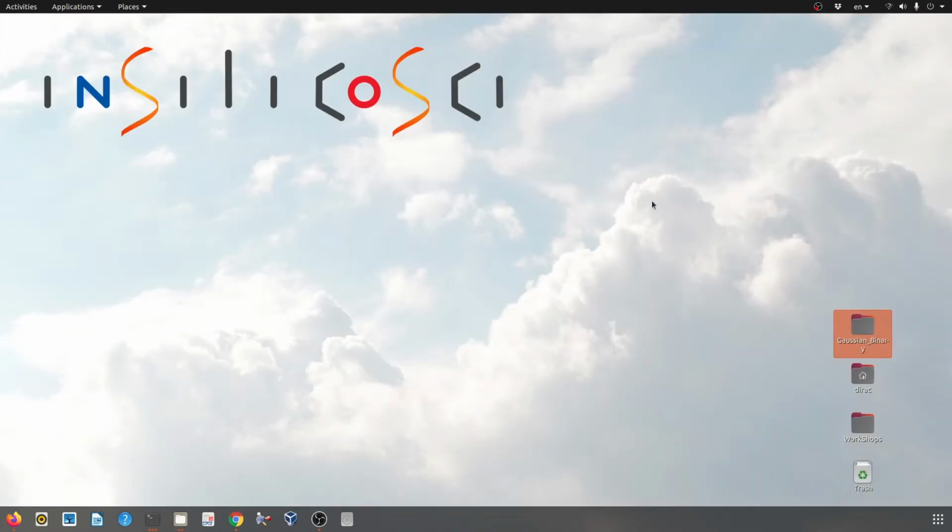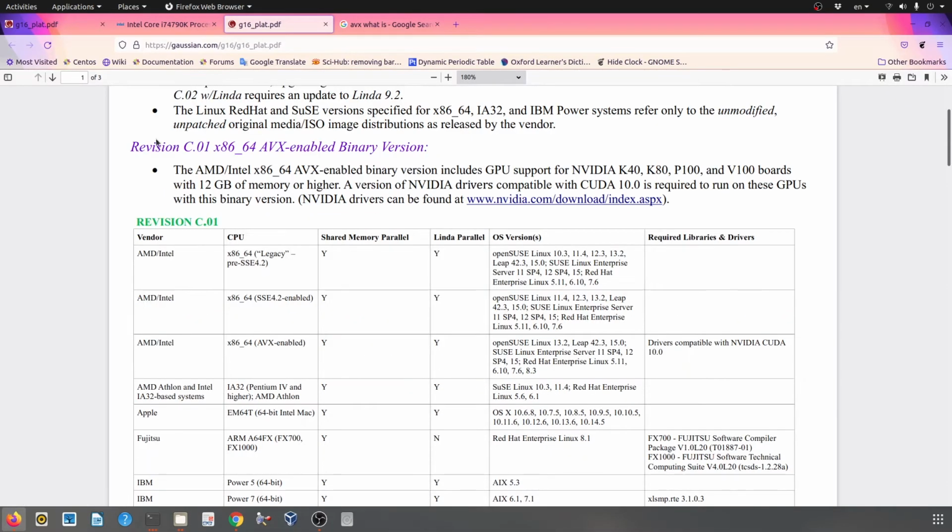And if you check this page for Gaussian revision C.01, we have 3 different binary files: a legacy pre-SSE 4.2 version, an SSE enabled version, and one AVX enabled version.